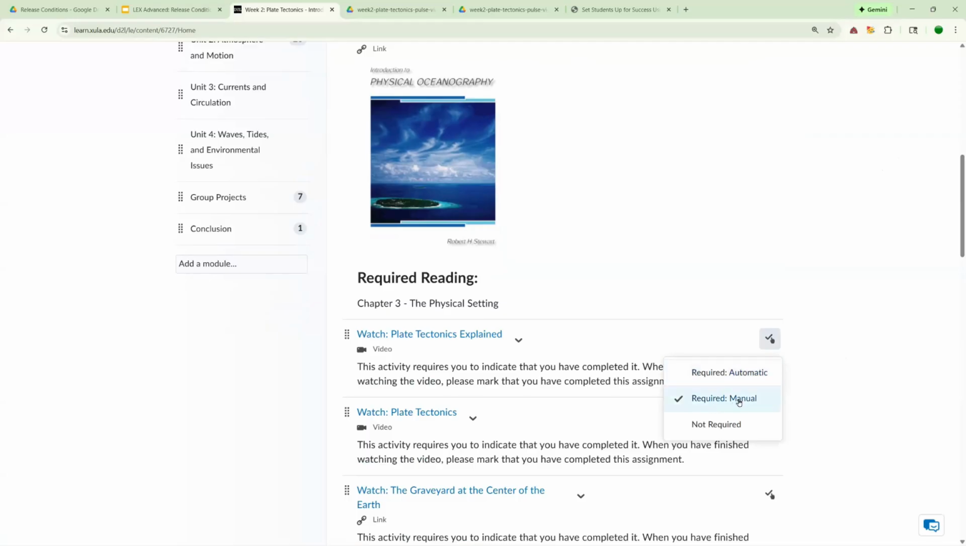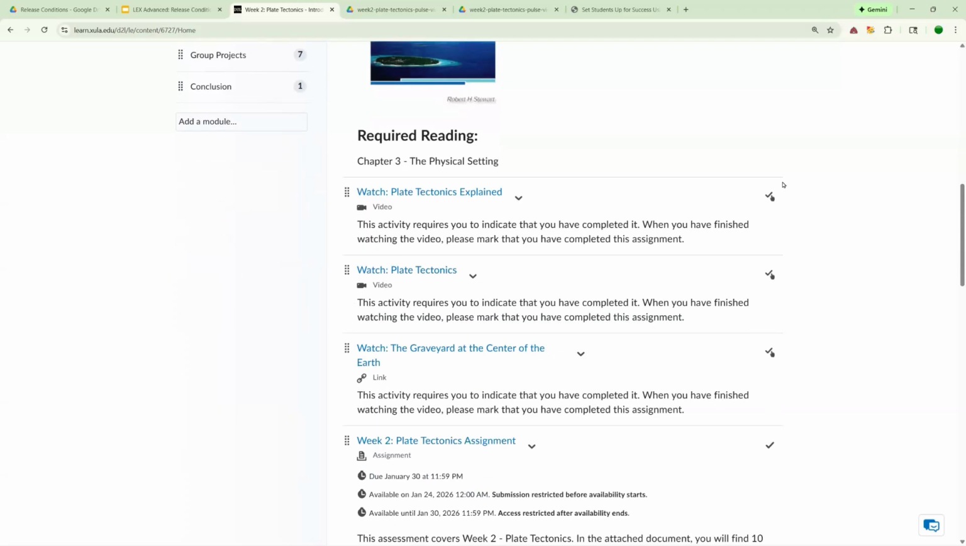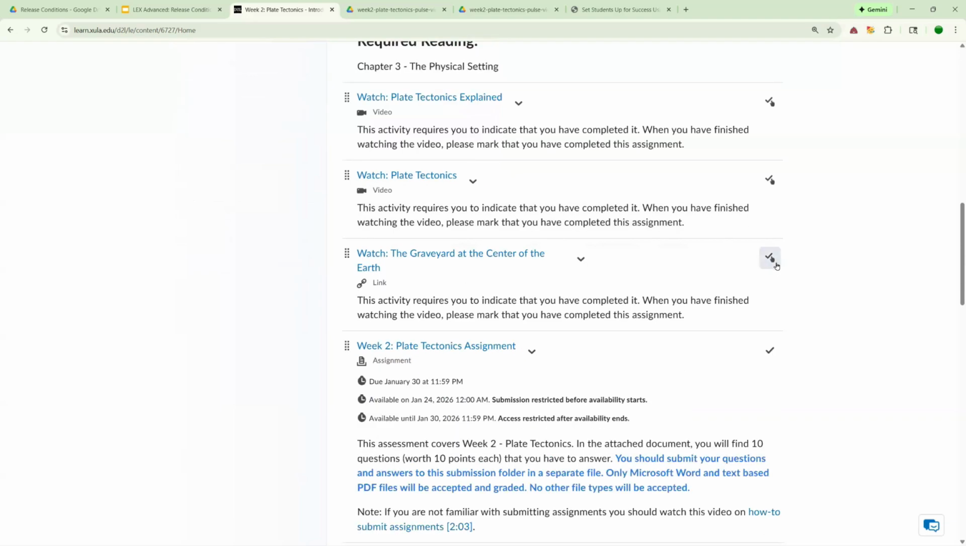This one is required, but it's a manual check mark. So I'm asking the student to watch a video, and when you're done, check the box that says you have done it, and that's what's going to mark it as being complete. Also in the instructions here, I'm indicating that as well. When you've finished, please check the box. So I have that. It is required, but it's manual on the 3